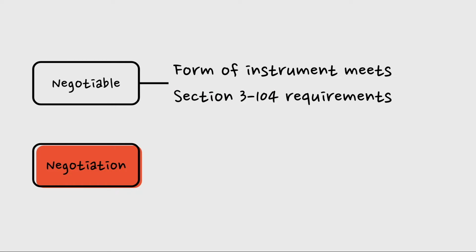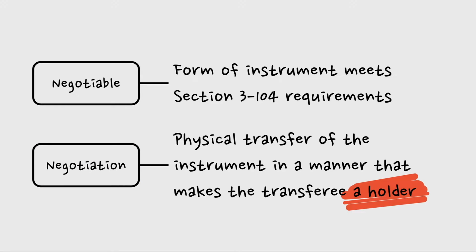But when we use the word negotiation here, what we don't mean by that is that you and I are just going back and forth and bargaining. What we mean in the context of Article 3, in the context of negotiable instruments, is the physical transfer of the instrument in a manner, right? The transfer from the transferor to the transferee that makes the transferee what we call a holder, which is a legal term, a term of art under Article 3. It's a particular legal status. Are they a holder? Do they have the rights of a holder with regard to this